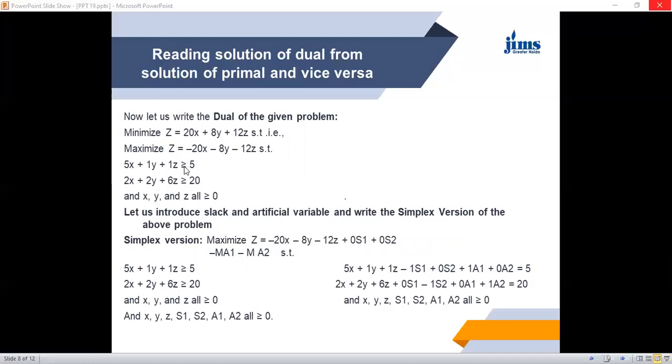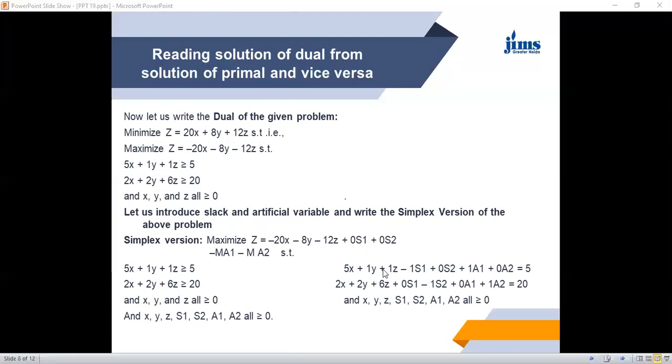So this is all greater than or equal to 5. So what will happen? We convert this inequality, the maximization problem has become a minimization, so this will be converted. The greater than or equal to sign will be converted into a surplus value, that will be minus S1 plus 0 into S2, because there are two equations, plus we have to add an artificial variable here. You know that artificial variables are required to be added to start with in the greater than or equal to type inequality.